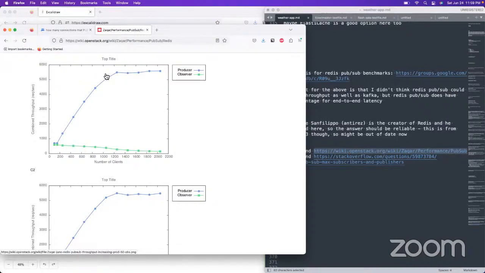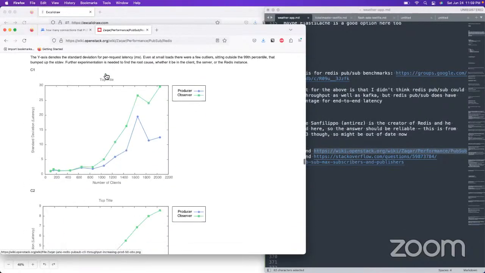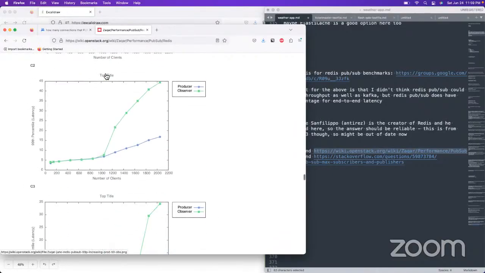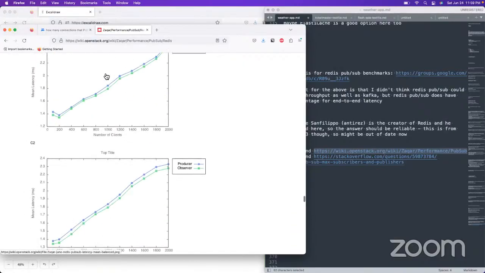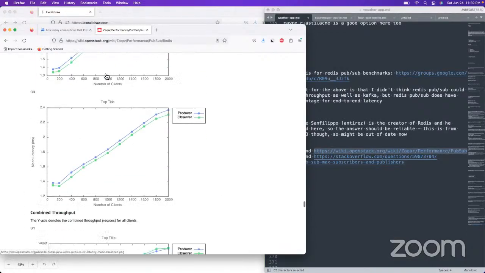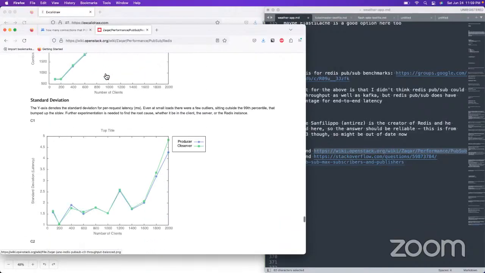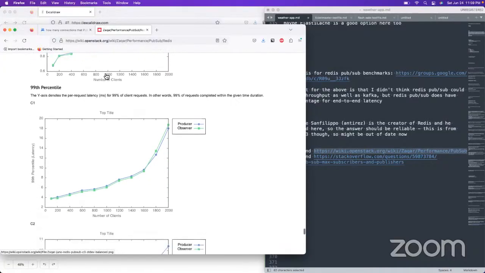But this one's capping out at 5,000 to 6,000, and that one's at 7,000. But I'm pretty sure that Kafka can totally handle 10,000, probably on both sides, because if you can read 10,000 off of one shard, then I think it should, well,